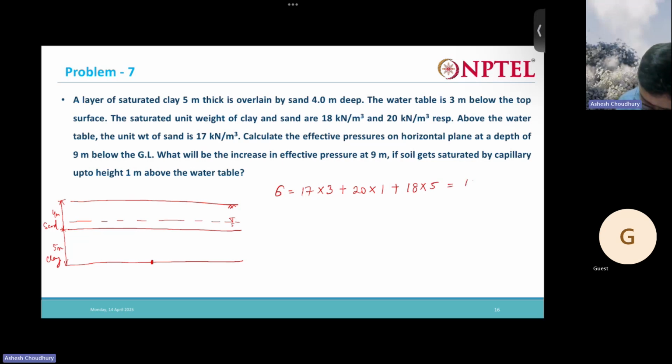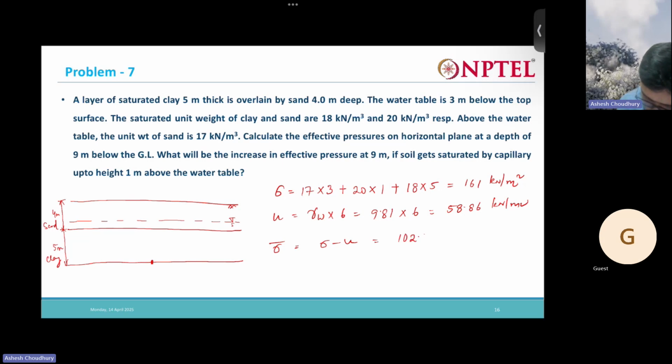Okay, this is 161 kilonewton per meter square. So this is my total stress. Pore water pressure: what is the pore water pressure? Gamma w times 6, which is 9.81 times 6. Therefore, effective stress